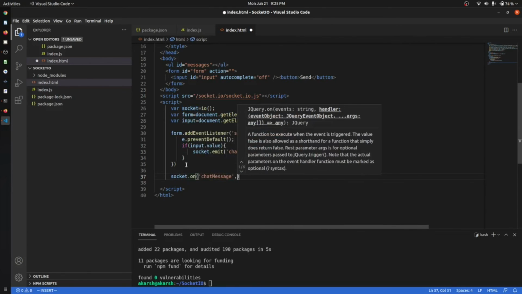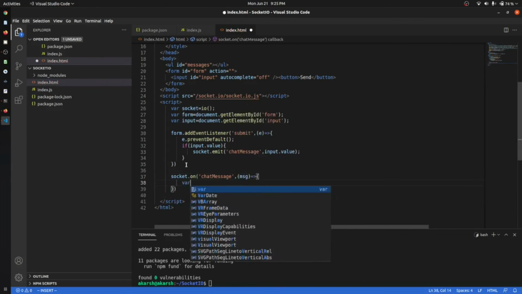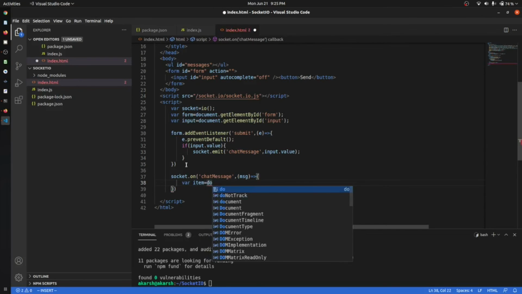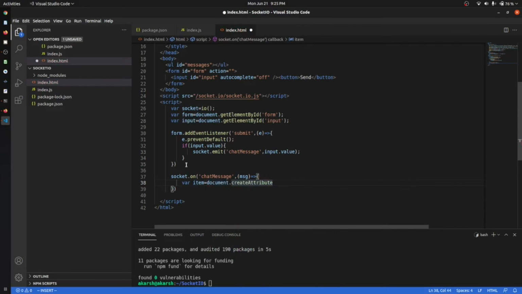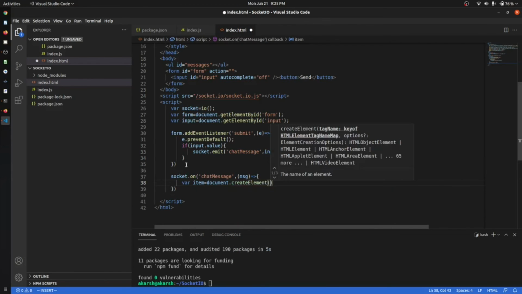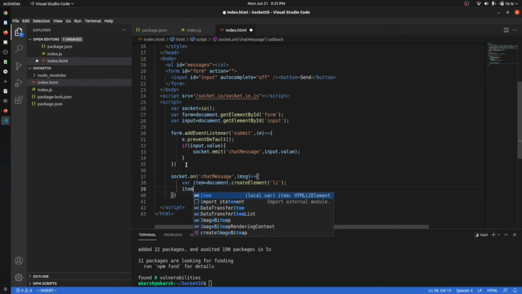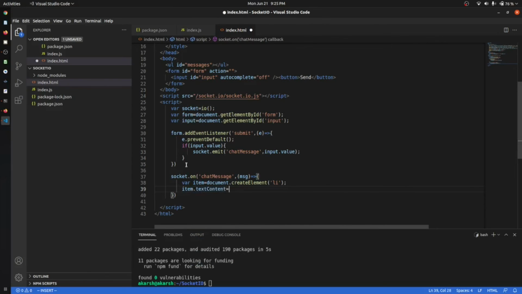After we have a chat message, we will say msg, where item is equal to document dot create element. We will create a li for our message to be displayed. So item dot text content is equal to message.